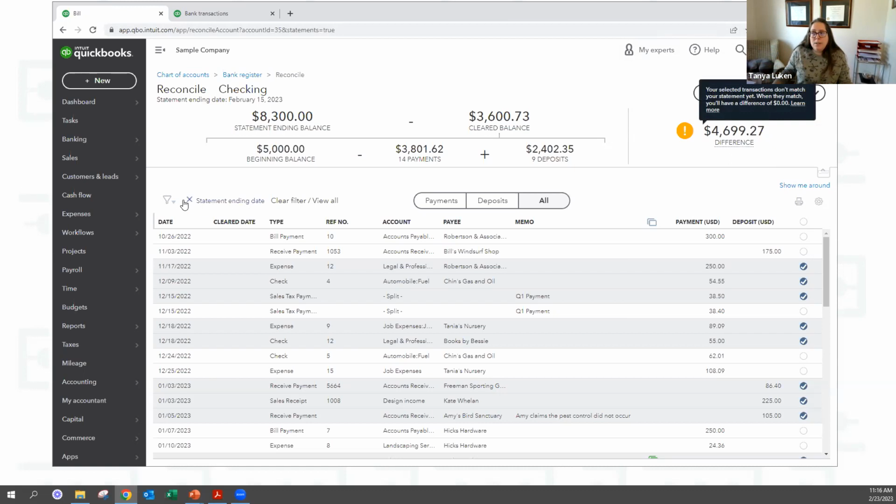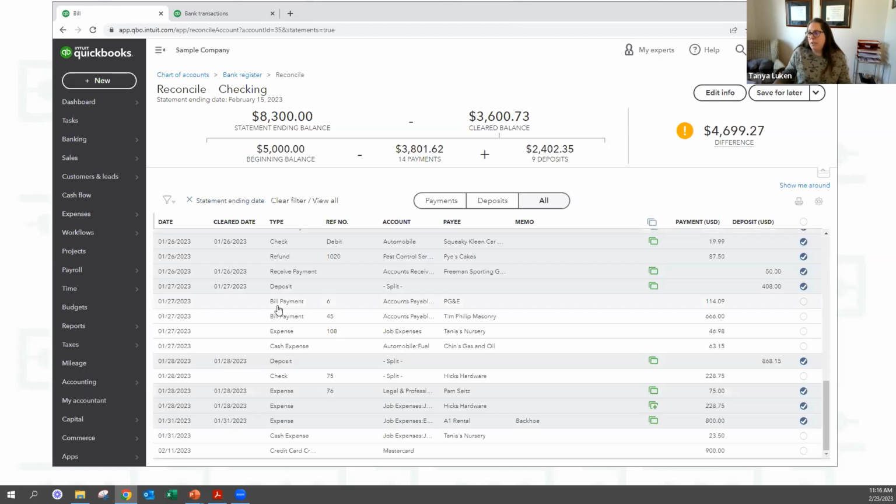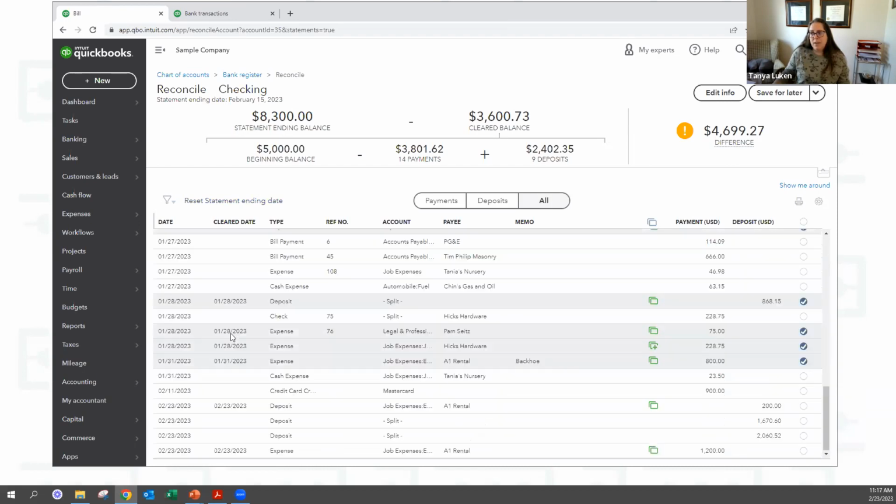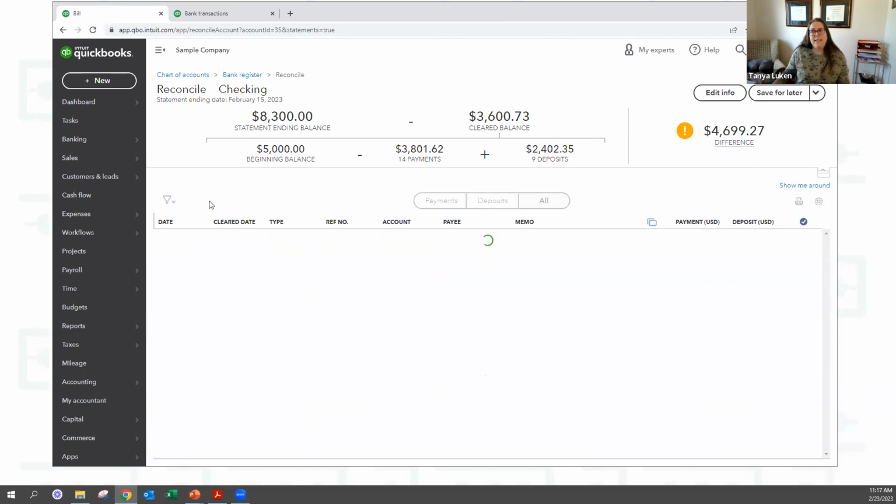So right here, there's a filter, and it's filtered for the statement ending date. The last one says 2/1/2011, the last date. If I clear this statement ending date and go down to the bottom, now I have these transactions on the 23rd. You with me? So you can reset your statement ending date.